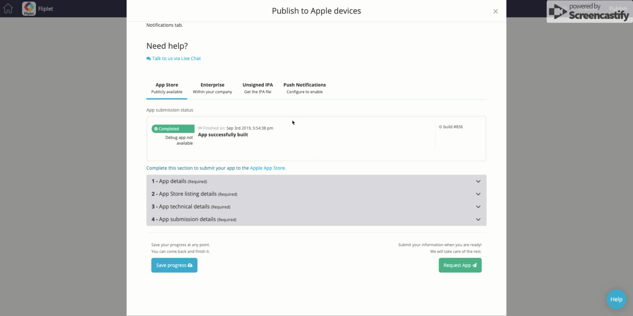This video will show you how to update your app on the public App Store. First of all, you will see your previous versions here at the top. What we need to do to request a new app is go through each of these sections and fill in